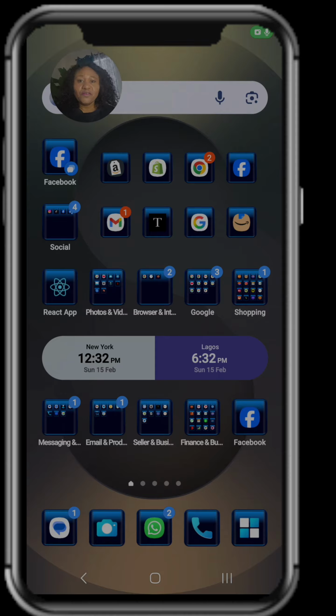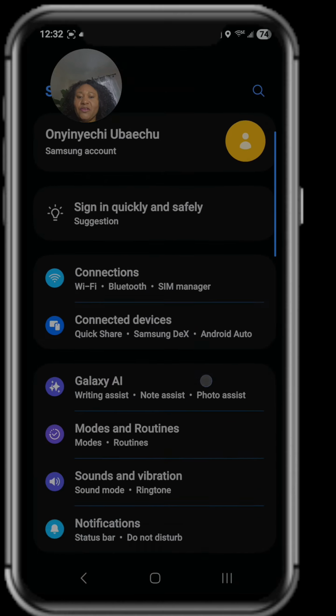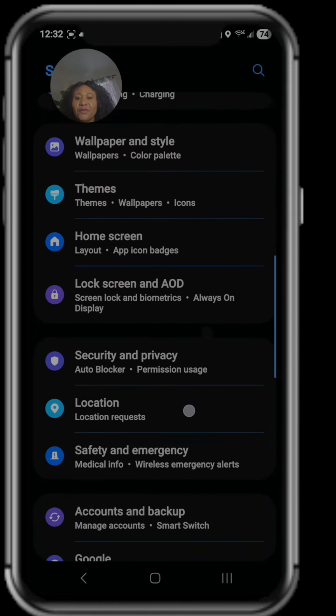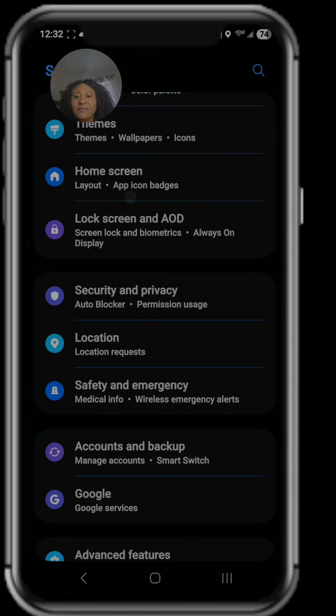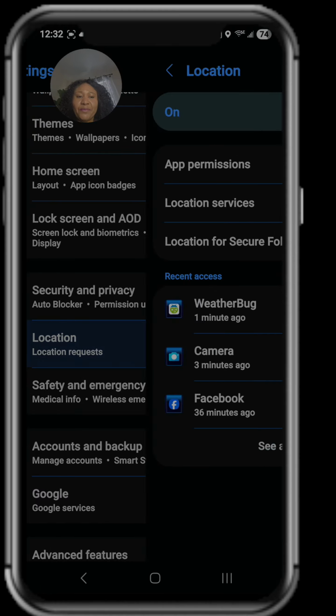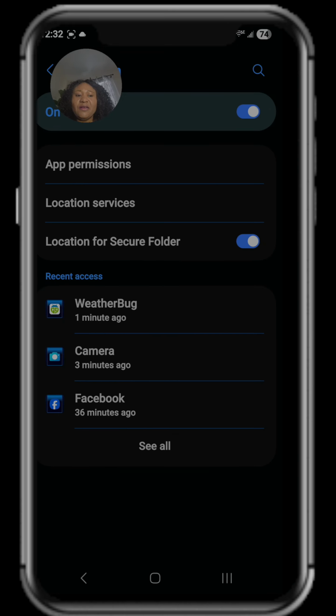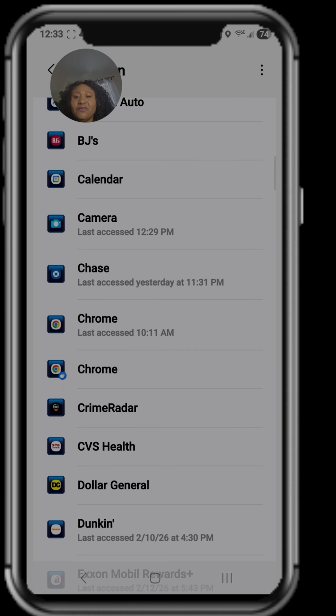So on all Android phones, regardless of the brand, you will have to go to your settings and you will tap on location. So you tap on here location and you tap on app location permissions, that one. All right, and you select camera, you scroll and you get to camera,